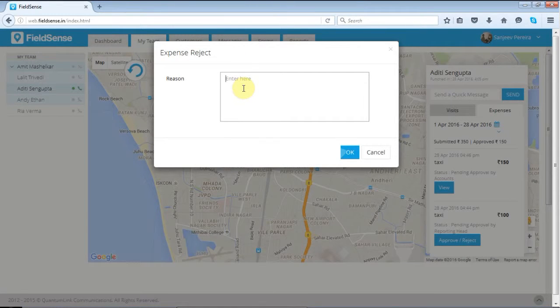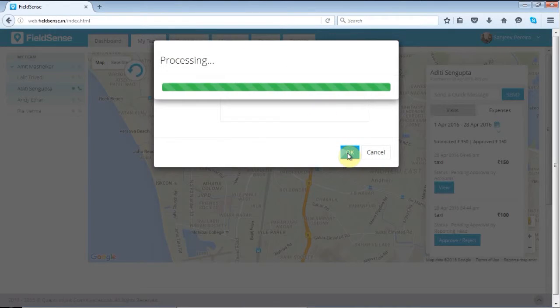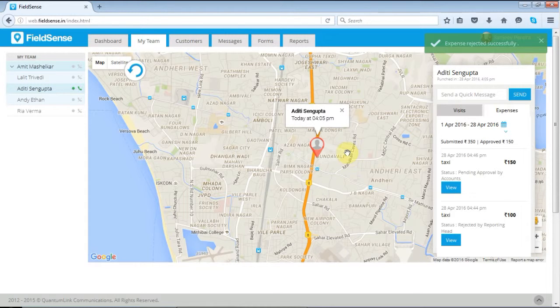Here suppose I need to mention a reason. So this is the reason for which I will, for the time being, reject the expense that was uploaded by the user: please submit your travel bill, and once I get it I'll approve the same. This can be done by the user through the app itself. There was a section wherein you can upload your expense bill. If you have taken a screenshot of it, it will be uploaded through your FinSense. So the expense has been rejected successfully, which was also shown.